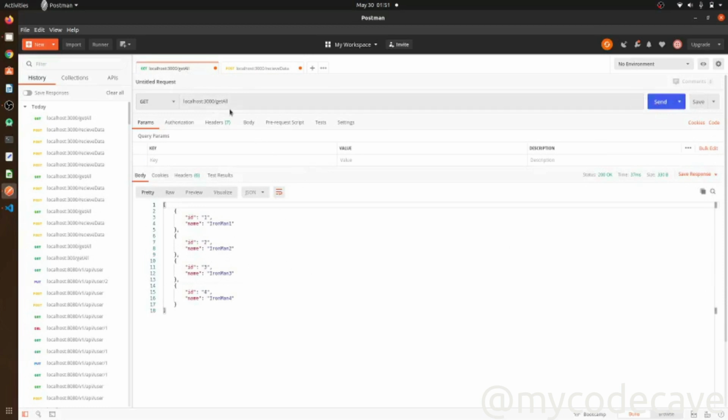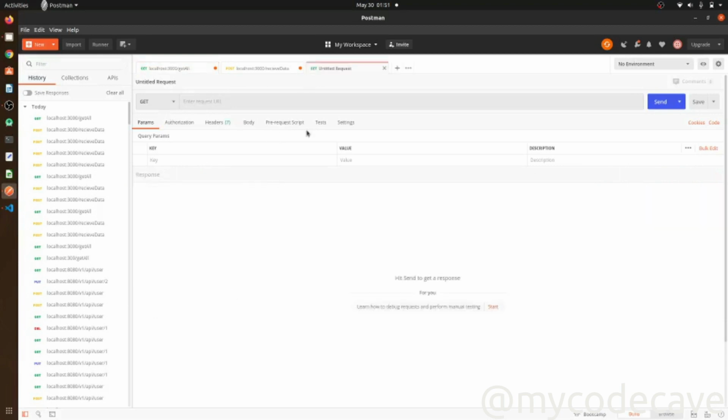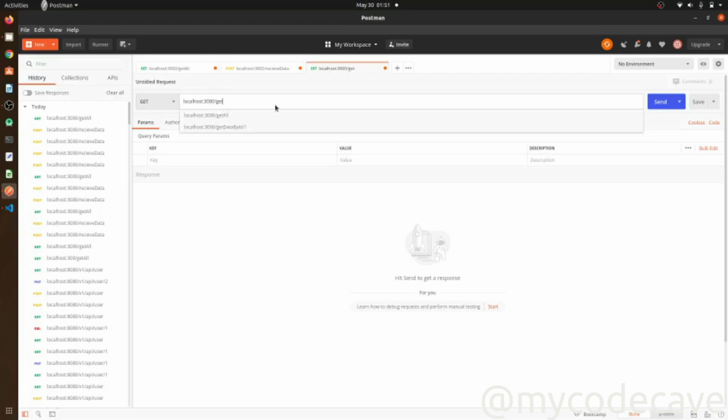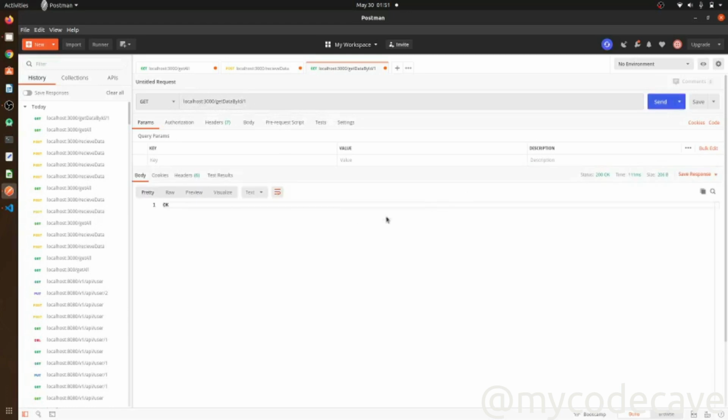Now I want to get data with the id of 1. So I will go to localhost:3000 with get data by id /1, and let's send that.